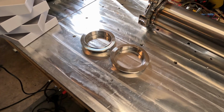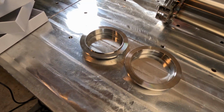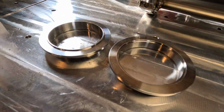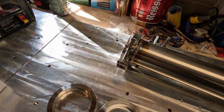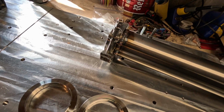One thing to note with V-bands, and I didn't really go through this when I started welding, there is a male and a female side. So as you can see, this side has a lip and this side has an indent. So for this V-band, obviously, I didn't use the portion that I already welded to, so you got to be careful with how you're doing this. I used a spare